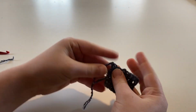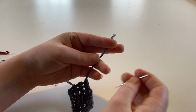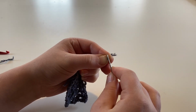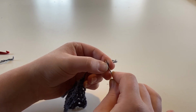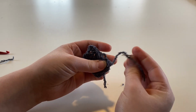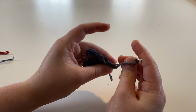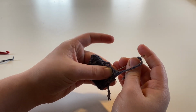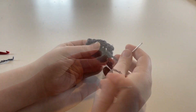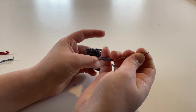Next is your tail end up here, which is where you fastened off your project. So we're going to do the same thing from before. Thread it on our needle, just like that. Then we are going to go down into this first stitch, so find the 2 V's and go down. And then I like to go through a couple of the single crochets, just like I did on the bottom,